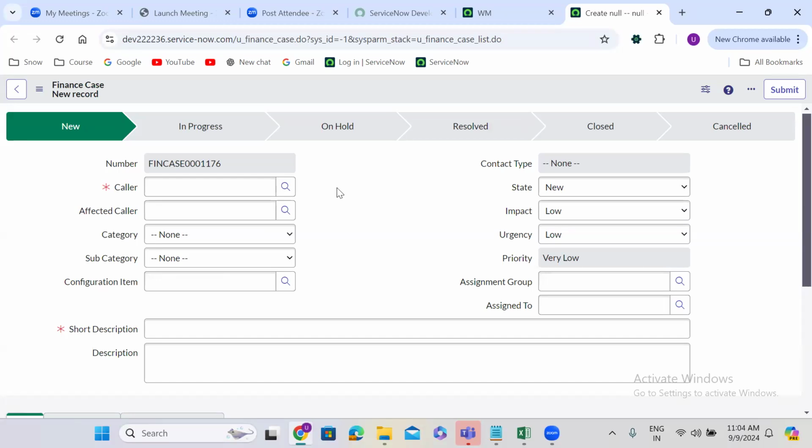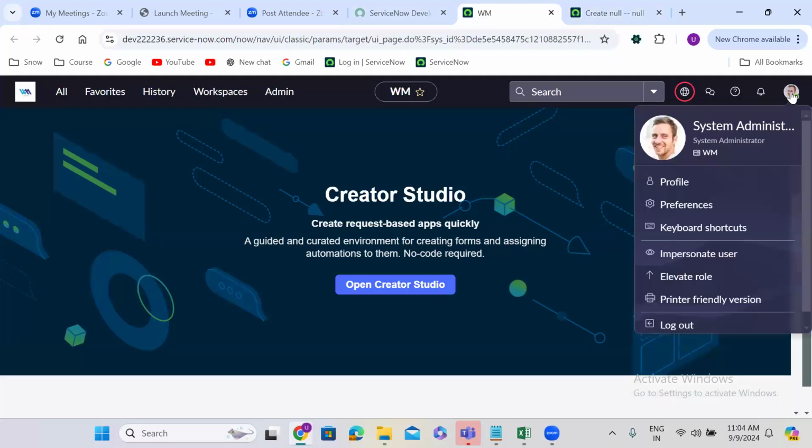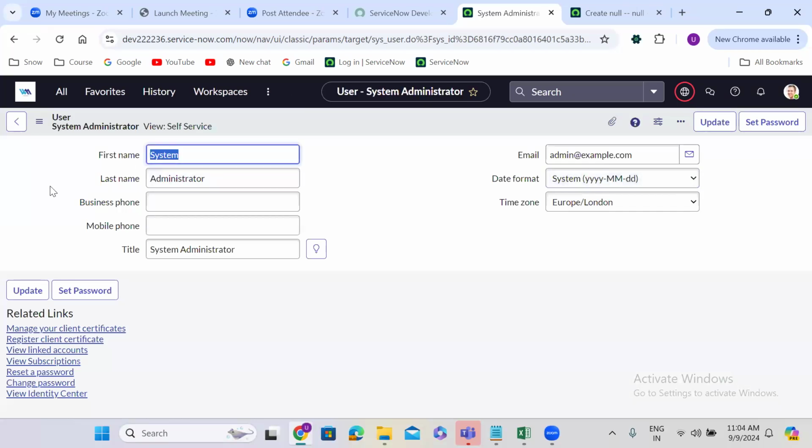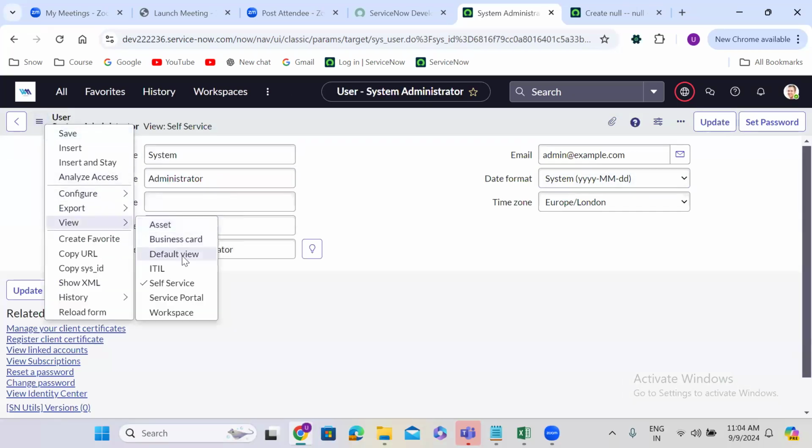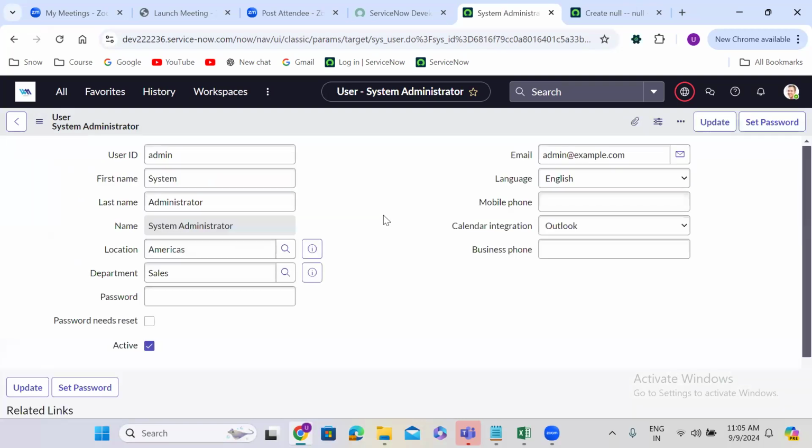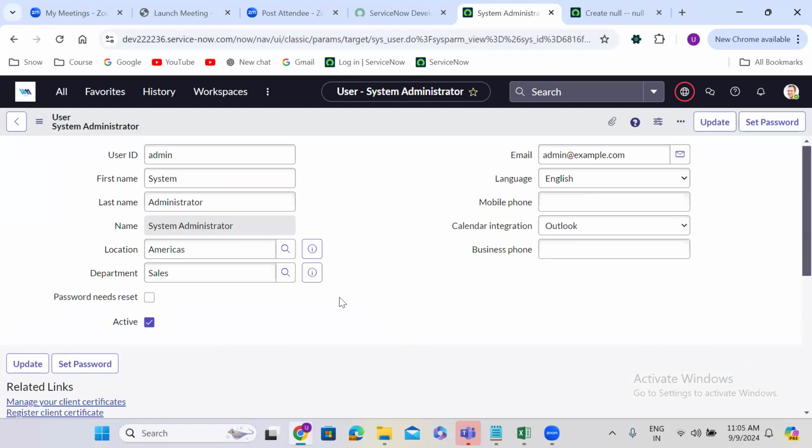Guys, remember, I have a requirement here. The requirement is, who is the current logged in user here? The current logged in user here is system administrator, guys. If the current logged in user has ITIL role, if this particular person has ITIL role,